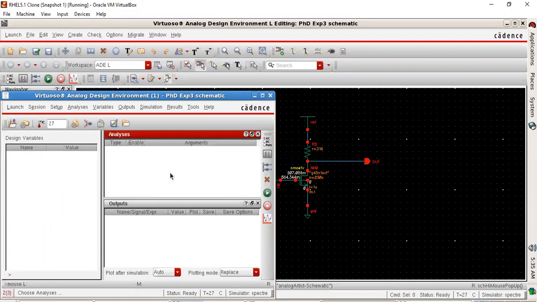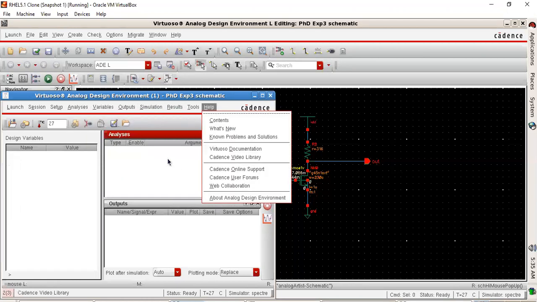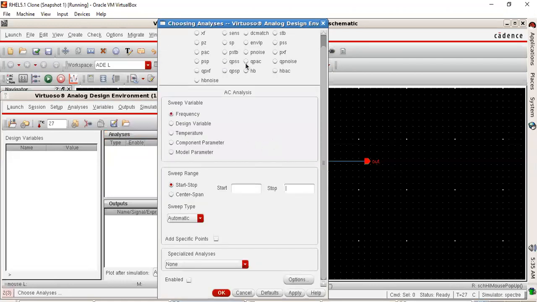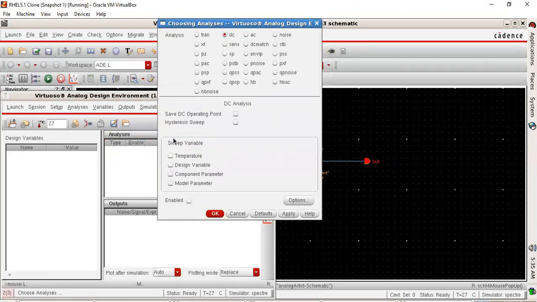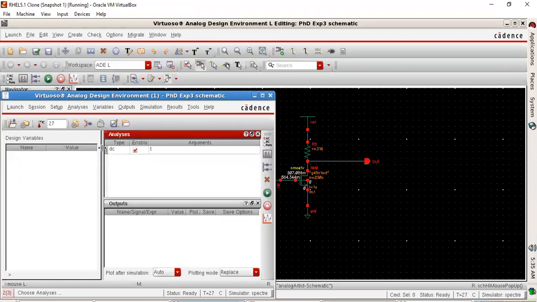After getting the ADE screen, you can go to analysis here. You can get AC, DC and other transient analysis by clicking this, or you can directly go to output setup. And you can see the analysis point here. As a shortcut, you can directly click here and click DC analysis, select save DC operating point, and then add to this. So we can see the DC analysis here, and just run it without selecting any input.